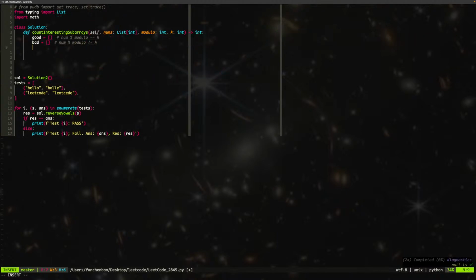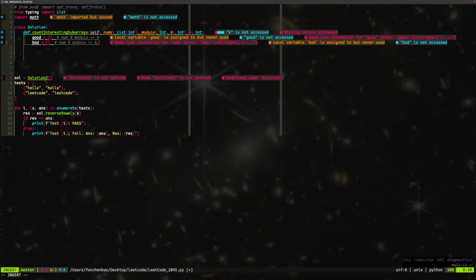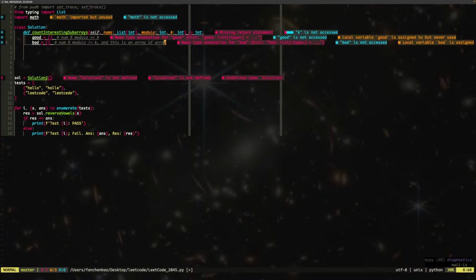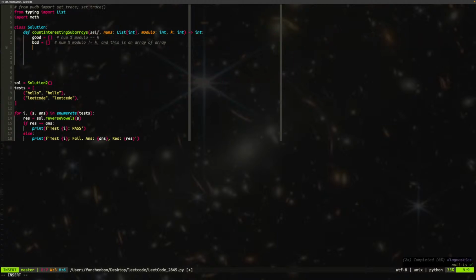Okay, and this is an array of array, because, well, it depends what k is, right? It depends what k is, but we'll do it still. I think it's fine, right? If k is not equal to 0, then we don't have to worry about this bad array. Okay, for n in